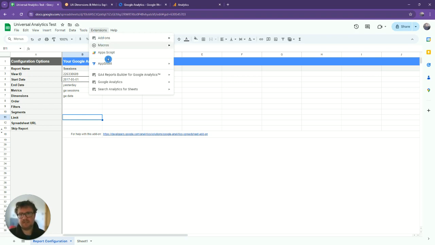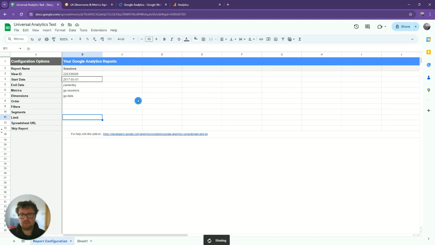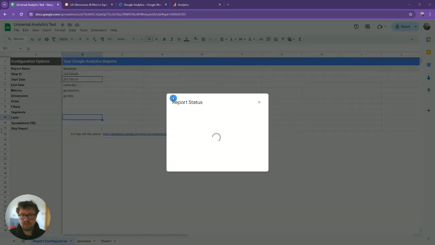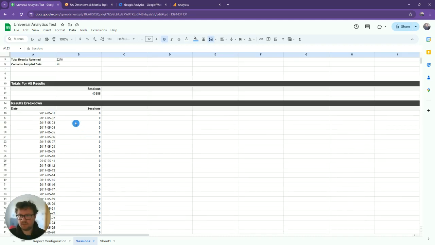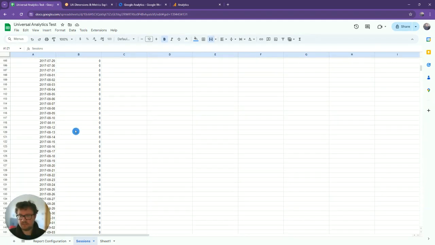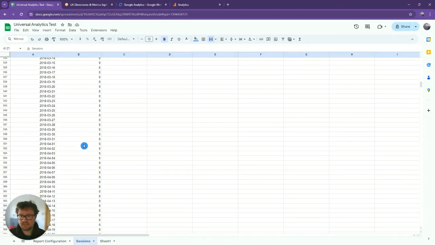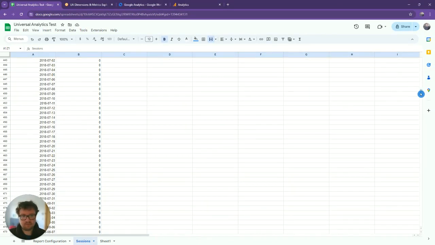I want to see this data now, so let's click Extensions, click Google Analytics, and then click Run Reports. This will now open up a download and give us a report status, and we can see one report completed successfully. So we can see that actually from 2017, not a lot of information was sent. But if we scroll down,